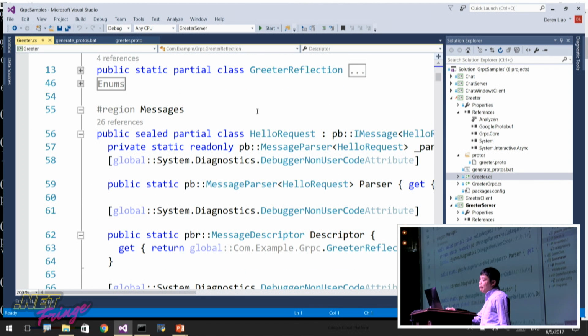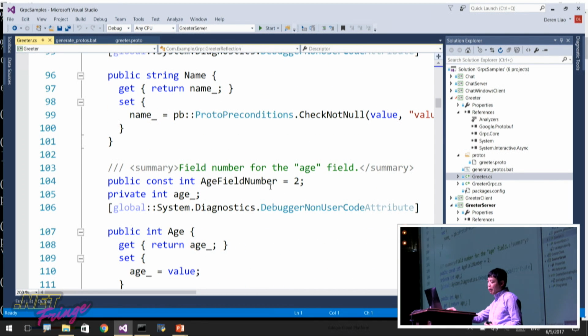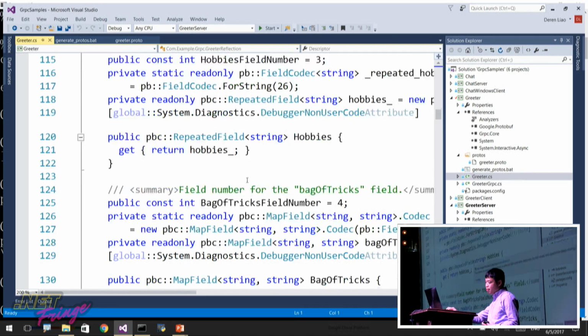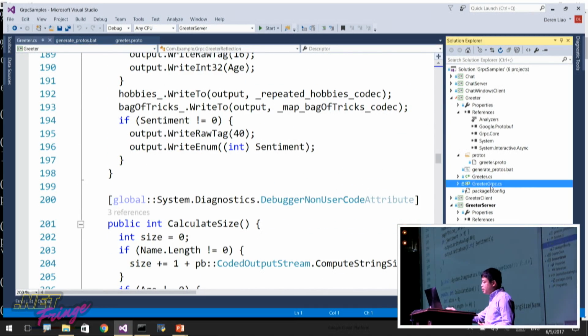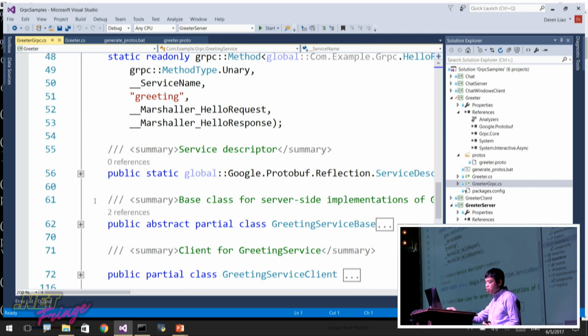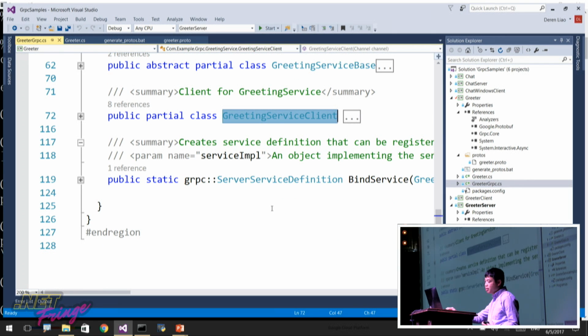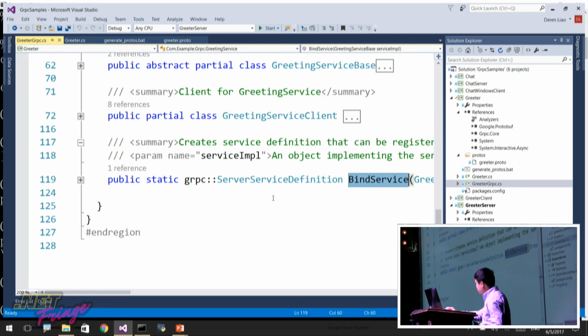The first generated file is for the message definitions. It has the message definition together with some supporting methods like copy, clone, access array fields, something like that. The second file is for the service and the client stuff, like the service base, service client, and some classes used by the server. So with that,